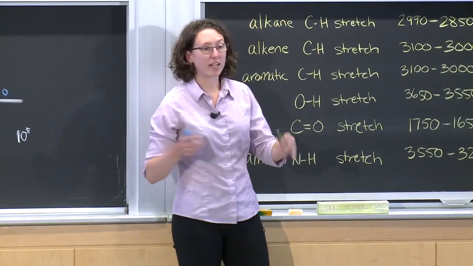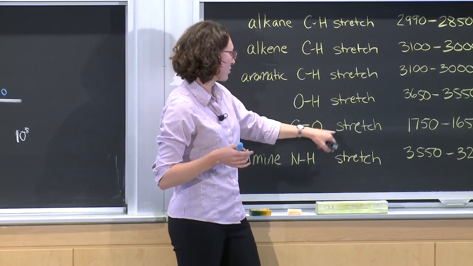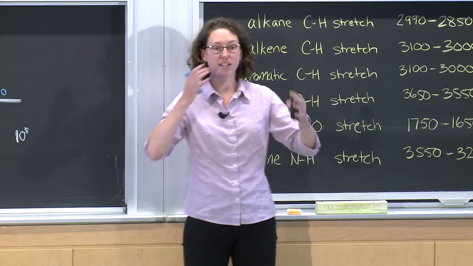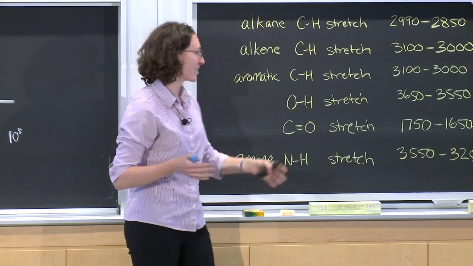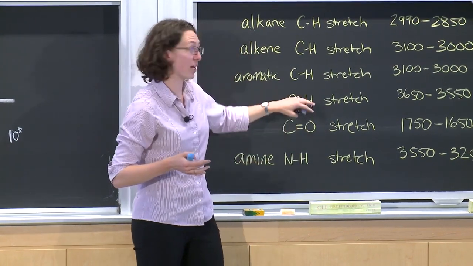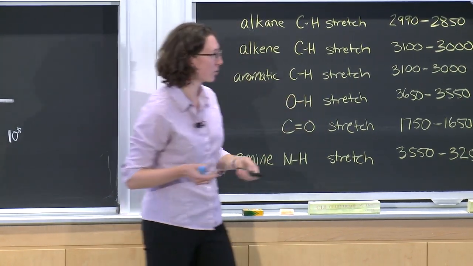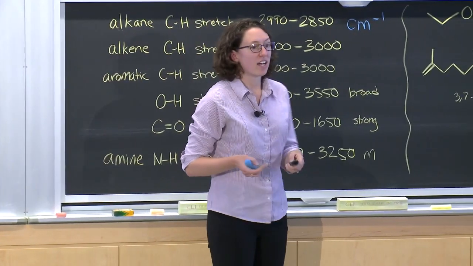And if you are making a carboxylic acid, you should see this OH stretch, and you should see your carbonyl peak. So you need to be able to identify all the peaks that are associated with a certain functional group. So don't say that you have a carboxylic acid if you cannot find both of these peaks. They will be there. And then